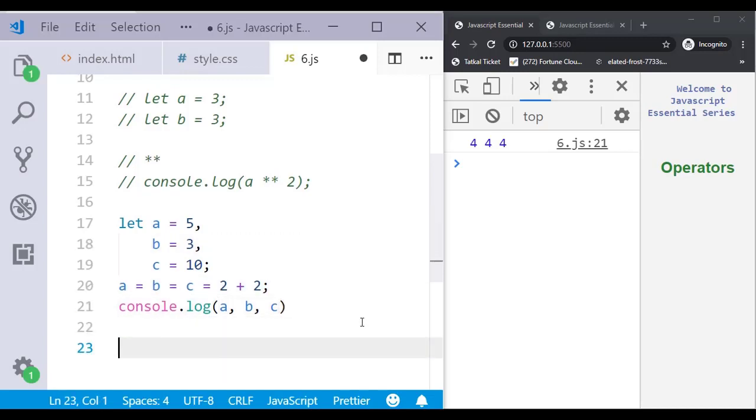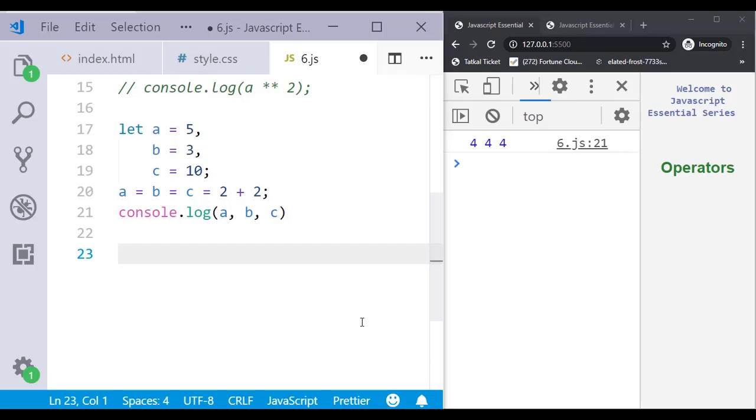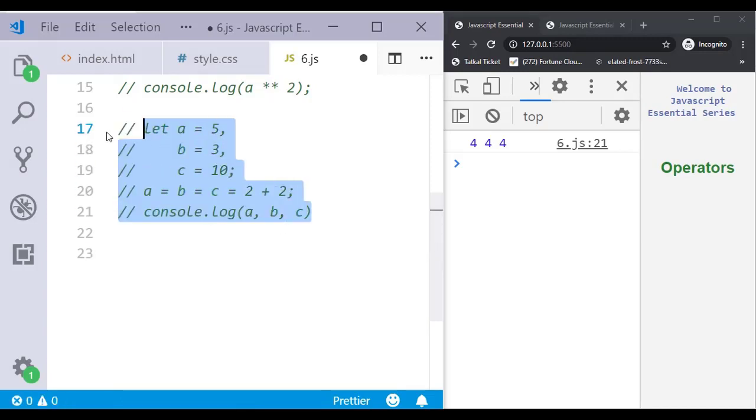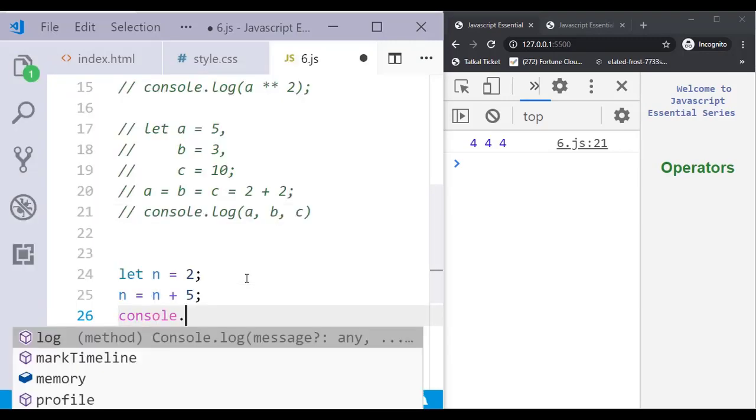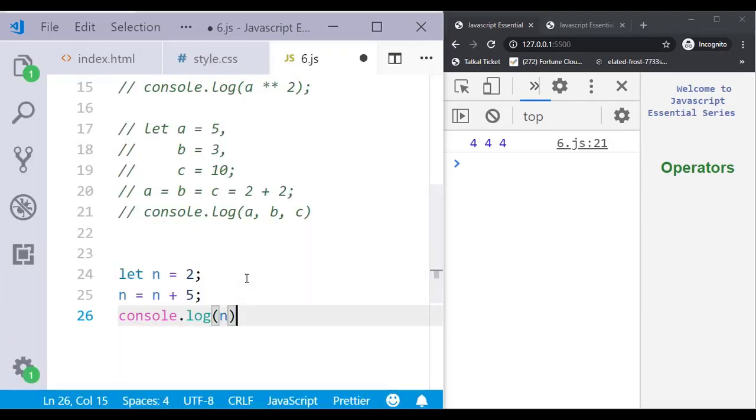Another thing is we can modify in the same place also. Let me comment this part again. Let's consider I have let n equal to 2 and I want to add 5 into n. What we generally do is n equal to n plus 5, and we get the output n. 5 plus 2 is 7, so we are getting 7.